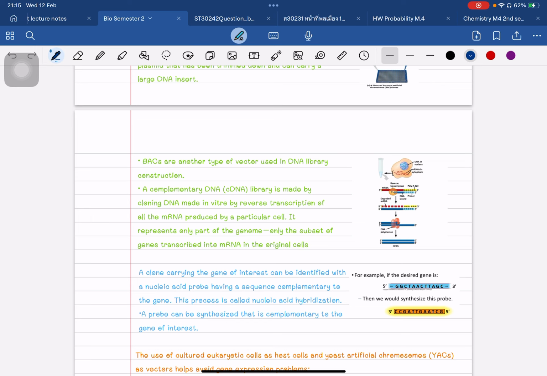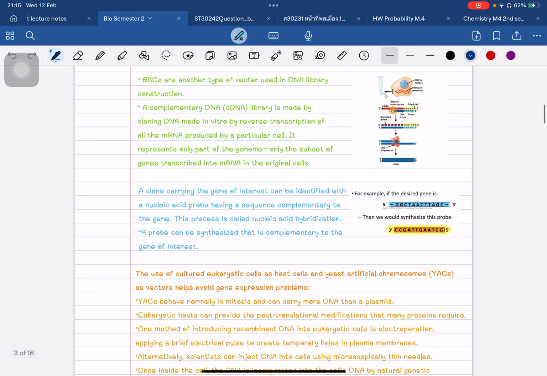The BACs are another type of vector used in DNA library construction, and the complementary DNA, or cDNA library, is made by cloning DNA made in vitro by reverse transcription of all the mRNA produced by particular cells. It represents only one part of the genome, only the subset of the genes transcribed into mRNA in the original